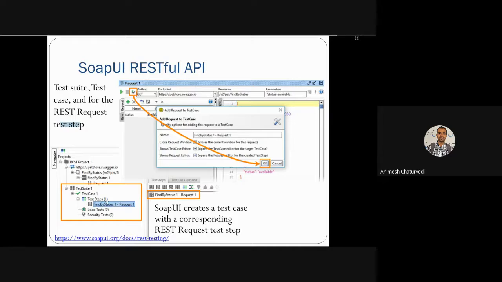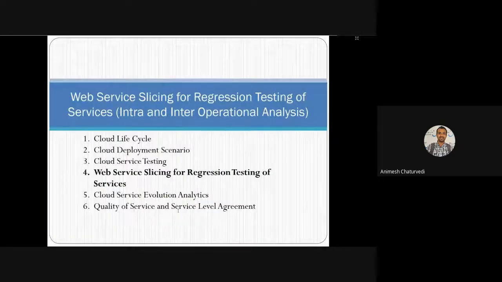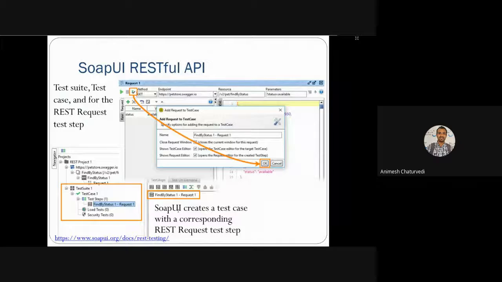So you can have multiple test steps, you can have multiple test cases, and you can have multiple test suites for a particular same project. So this type of hierarchy you can create, and you can do SOAP based UI testing, test case creation, and some management with the help of request and response type test steps.